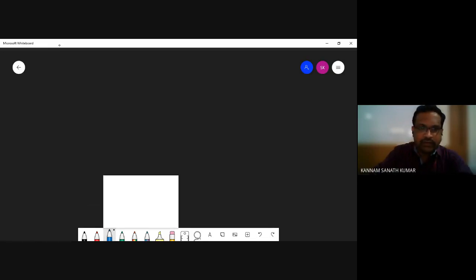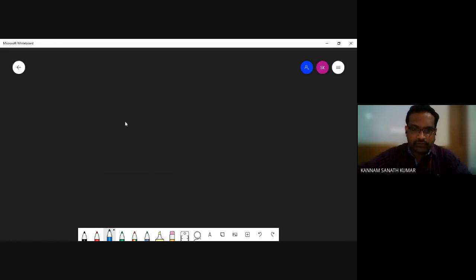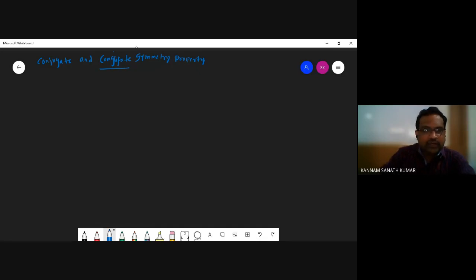First of all, I want to explain this property. This is the conjugate symmetry property. So first, the conjugate property. The conjugate property says